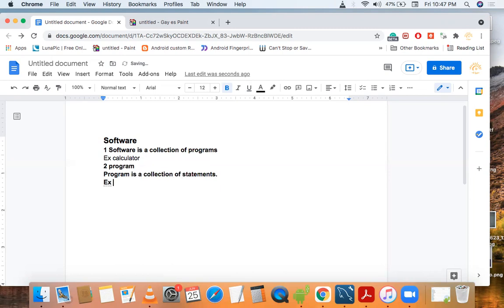For example, addition, subtraction, multiplication and division. These are our programs.